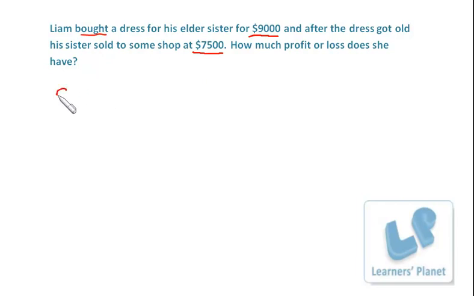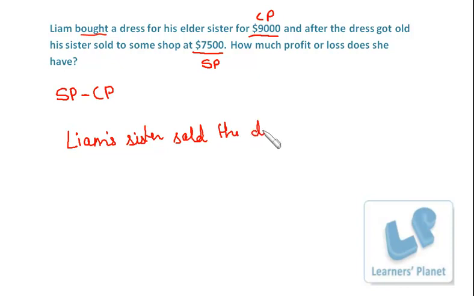Now again we'll have the same formula, SP minus CP. Alright, and he bought it for 9,000, so that's cost price, and selling price is $7,500. Now again we'll have the same statements. Liam's sister. Okay, now over here you'll have to mention Liam's sister because she sold it. Alright, Liam's sister sold the dress at $7,500,